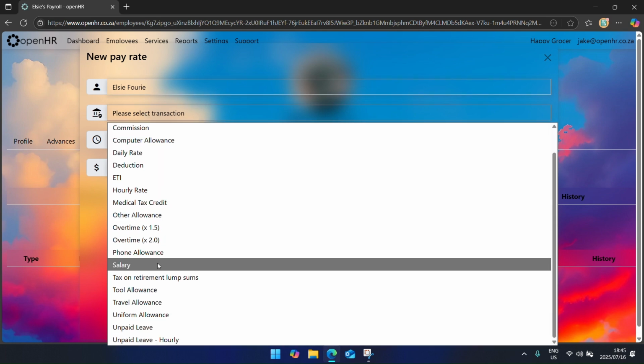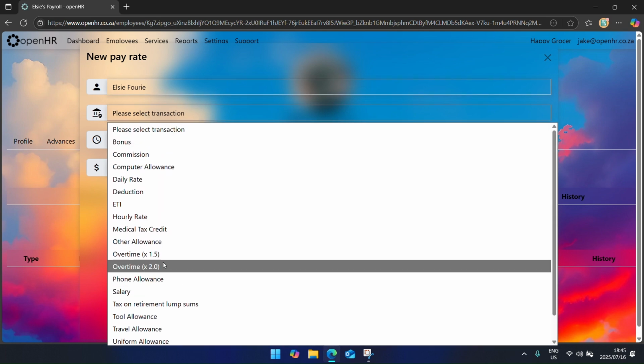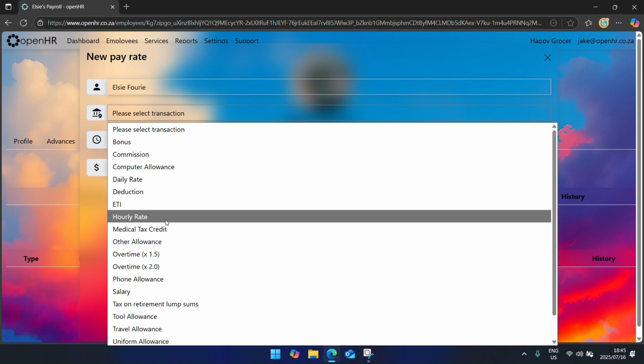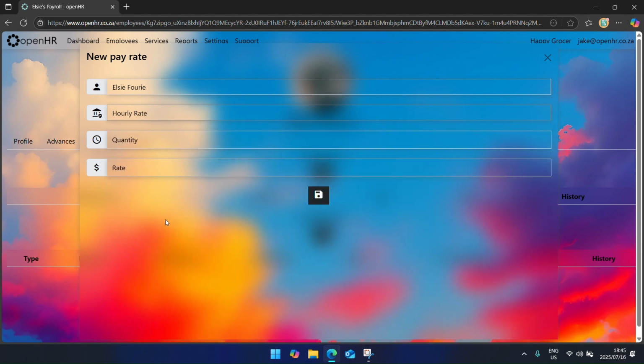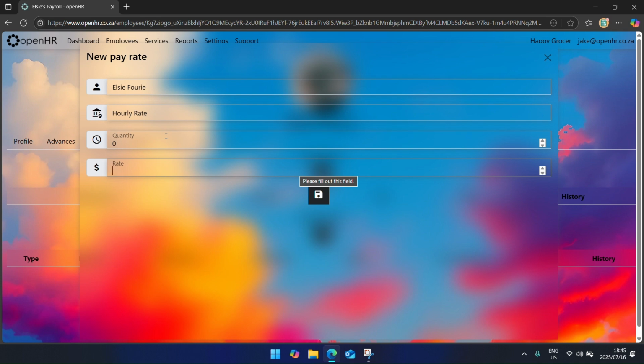Most employees either get paid hourly or on a fixed salary basis. We will first be showing you how to add hourly rates. You can select the hourly rate transaction in the dropdown. Quantity can either be made the standard hours per pay period or 0, as to make sure we enter the actual hours worked every pay period on the payslip. We will make it 0 for checks and balances purposes. Lastly, we can enter the rate per hour earned in the rate field,